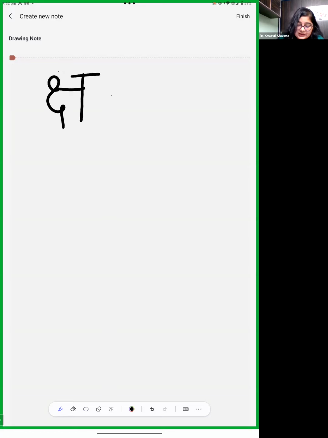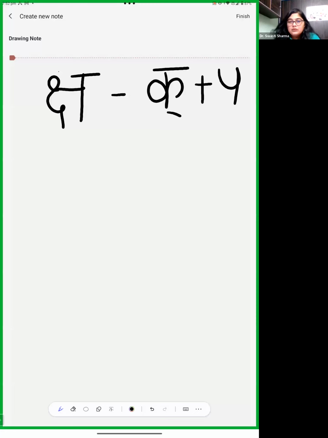So which letters are connected? The K and Sh. But is the Devanagari shape similar to these two letters? Yes or no? No. Okay. But in Sharda, when you are going to see,